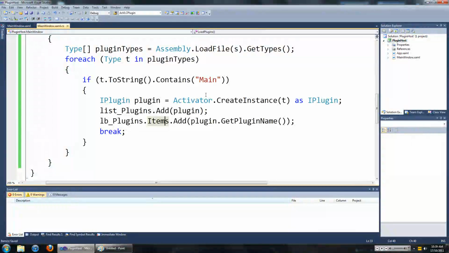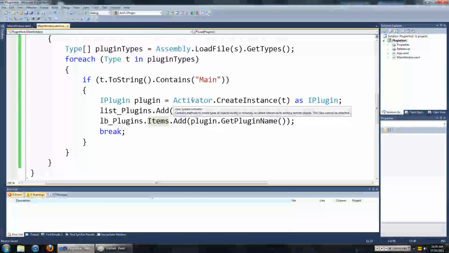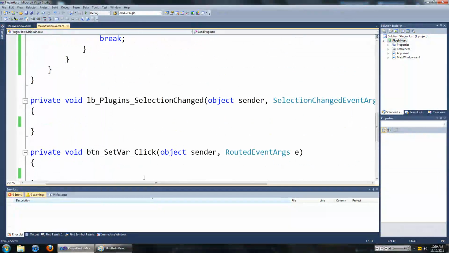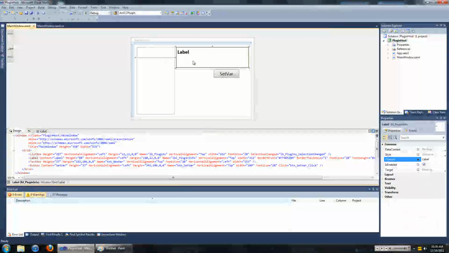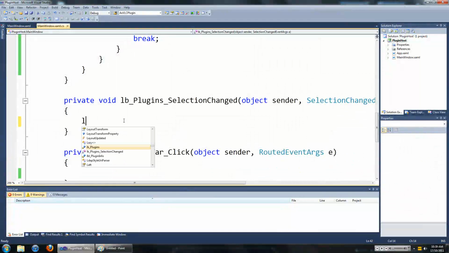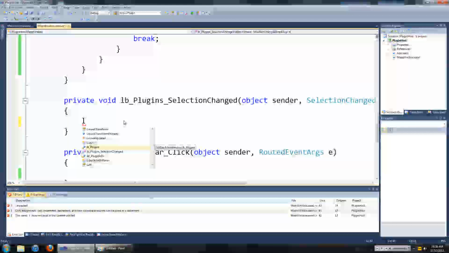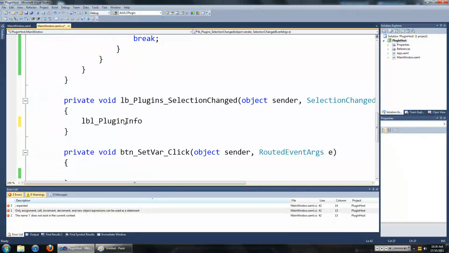Just save the project, and we want to move on to the event handlers for our list box. So when we change something in the list box, we want this label to update. So we're going to go label plugin info, lblPluginInfo.Content.